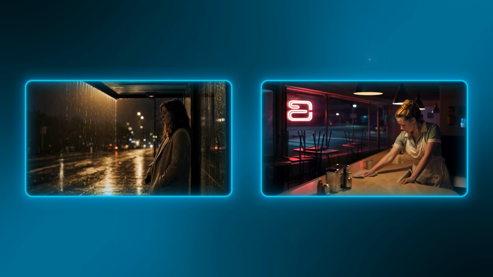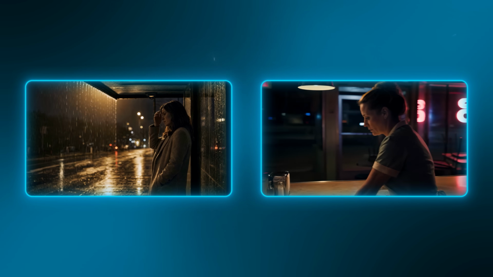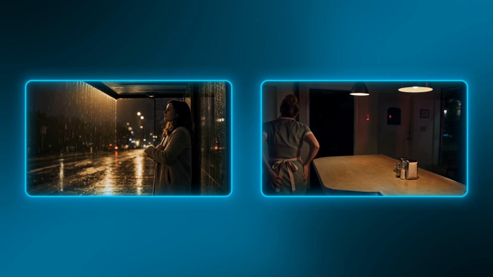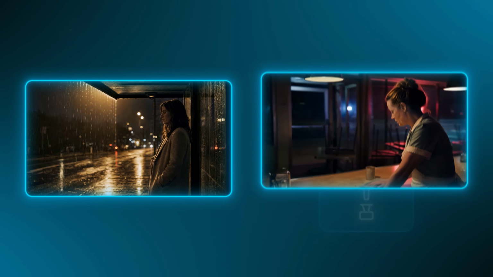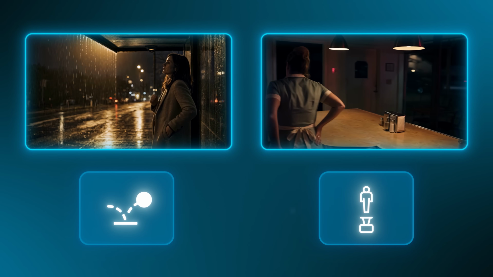So one shot proves the subject can carry the motion, the other proves the camera can, and both of them come from stating exactly what moves and how much it weighs. And both of these hold up because we actually directed the camera and the weight instead of hoping the model would figure it out. But one good shot on its own is honestly the easy part, and the real test,